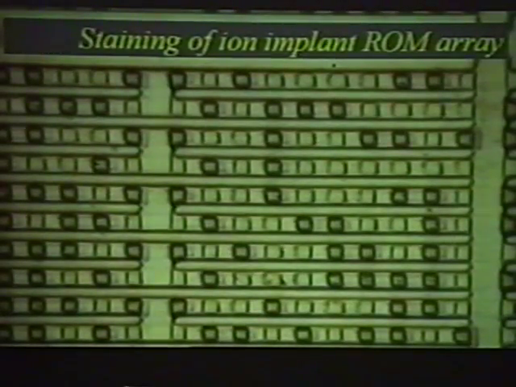If we look into the ROM data on the chip, ROMs are often implemented by means of ion implant. It means that every ROM cell has a physical same size, but by shooting in ions, you change the behavior of a cell from a 0 to a 1. So if we do a special kind of etching, which is called staining, we can really visualize under a microscope the bits from the ROM. And of course, this will allow us to retrieve the operating system code.